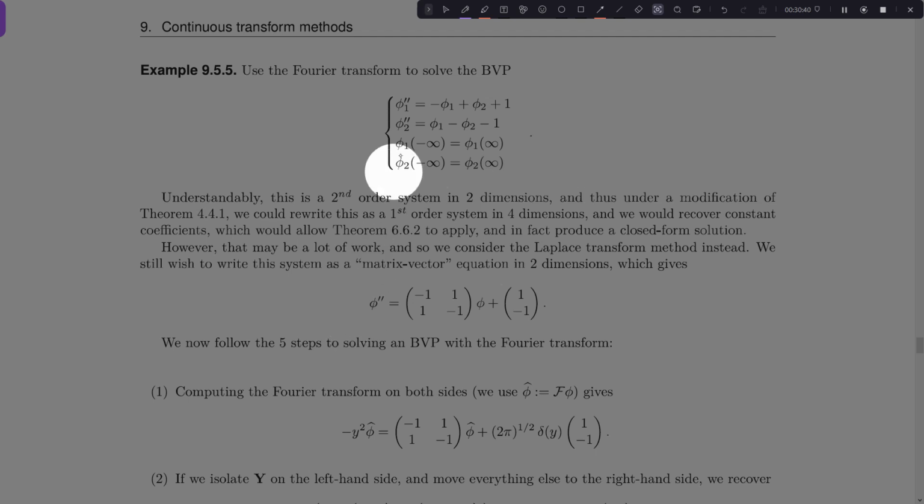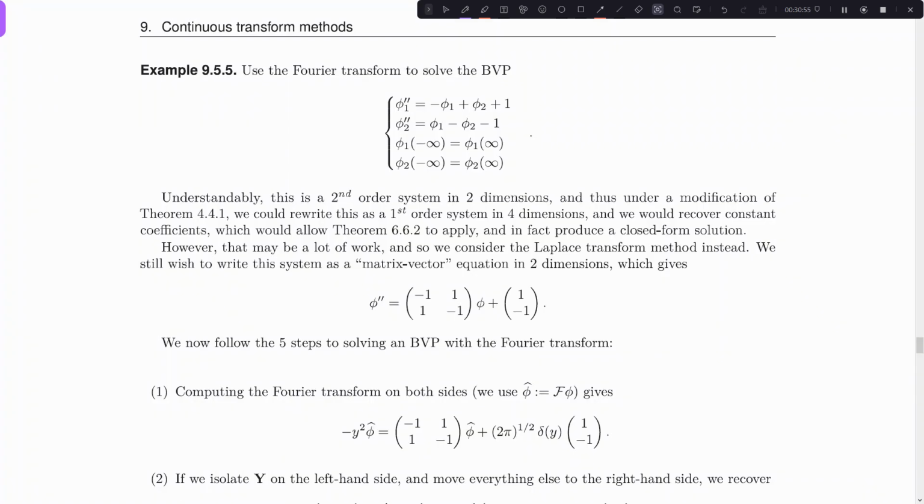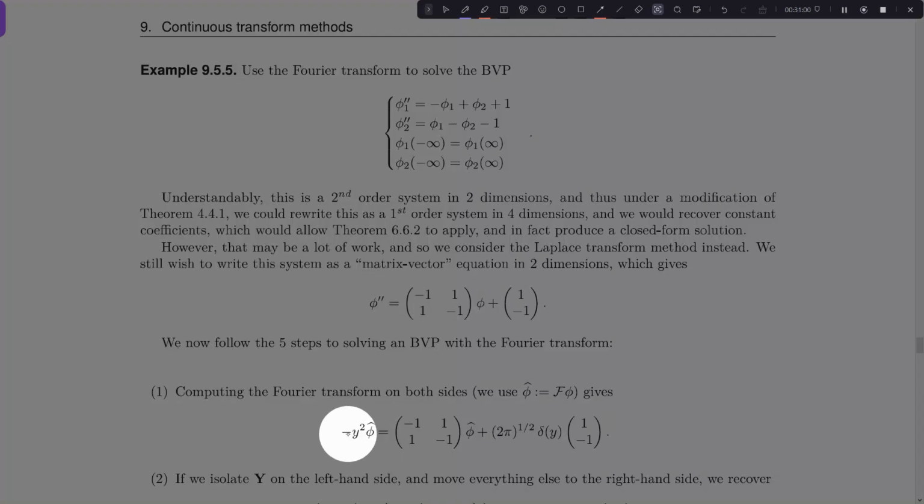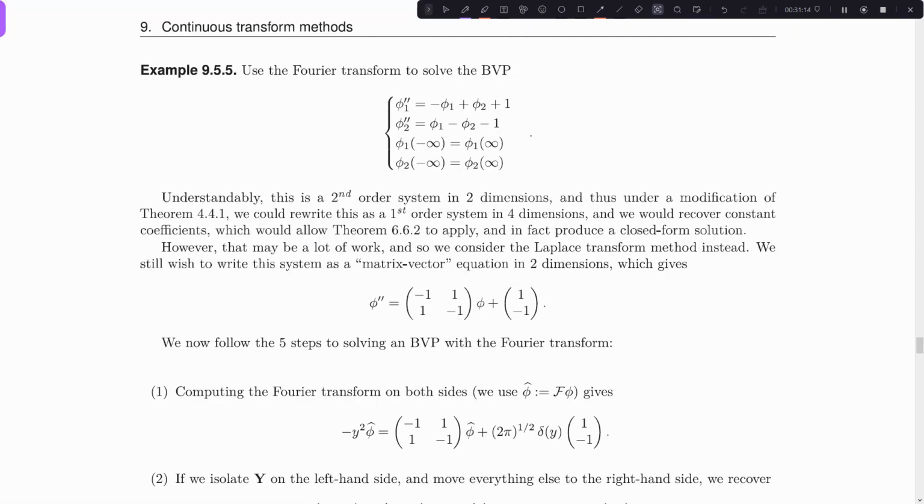So I'm just going to call phi the vector phi1, phi2. So I have two derivatives on that. I have this matrix interacting with the vector phi, and then I have my additive function 1 and -1. And if I go through taking a Fourier transform of each term, phi double prime ends up being negative y squared phi hat. Because once again, this is iy all squared, and the i becomes -1. The phi just transforms to phi hat, and then the Fourier transform of 1, if I jump down to my